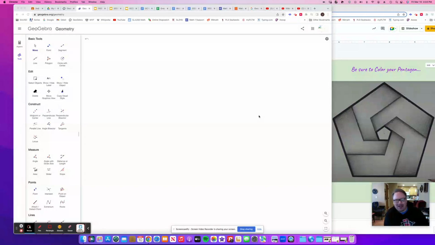Okay, hi everybody. Today we're doing the impossible pentagon here. We have a design here on the right side of the screen that this is the final image that we're gonna make. And so let's start by making, we'll start with a circle with the center. We need to make a pentagon, a regular sized pentagon,